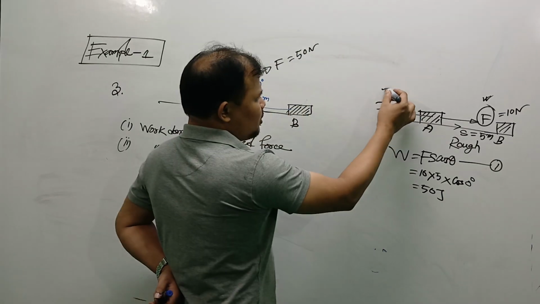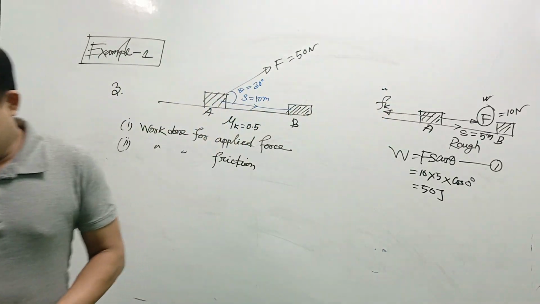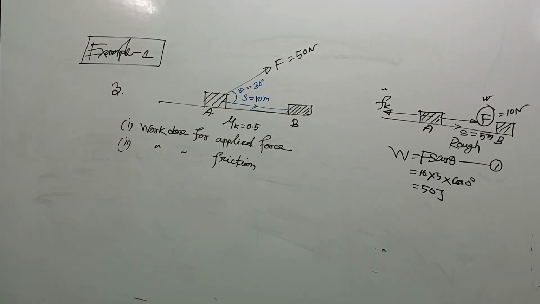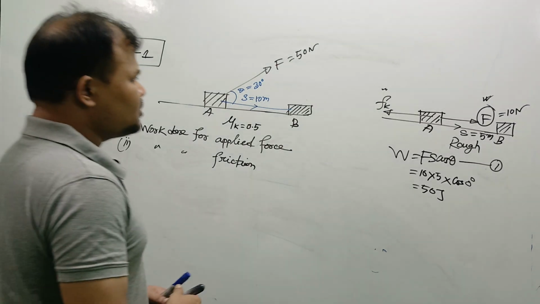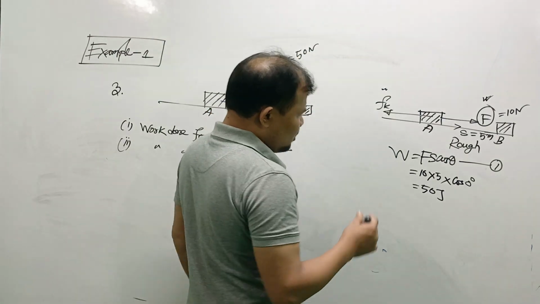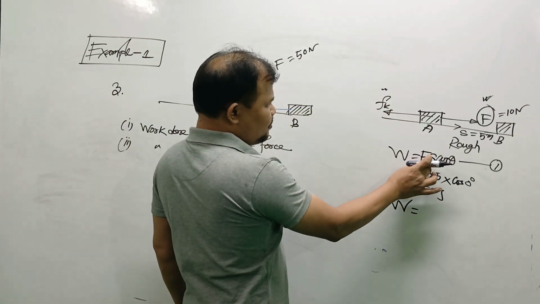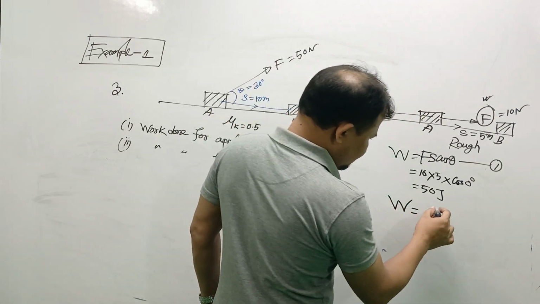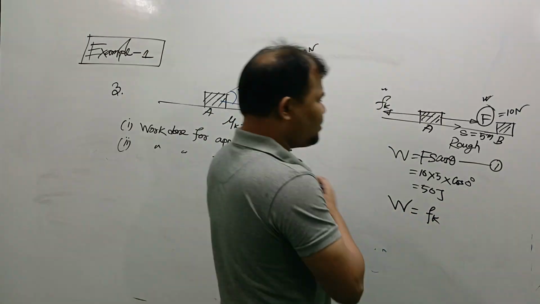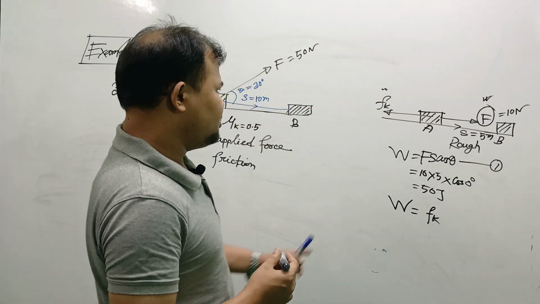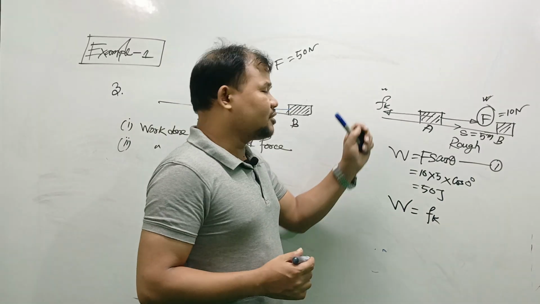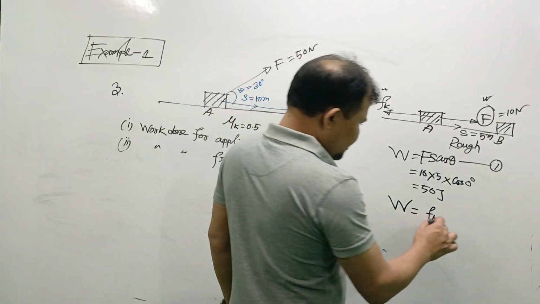Now we measure the work in case of the friction force. We know our equation. We write F replaced by Fk. Why is F replaced by Fk? Because we now measure the work done for Fk, the frictional force. Displacement